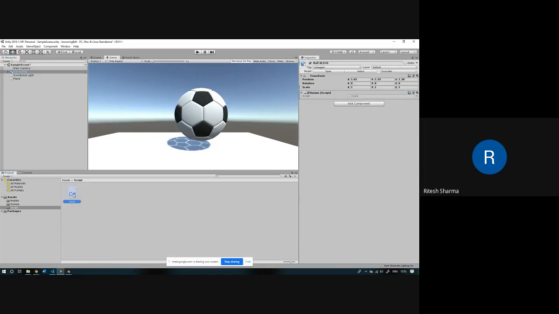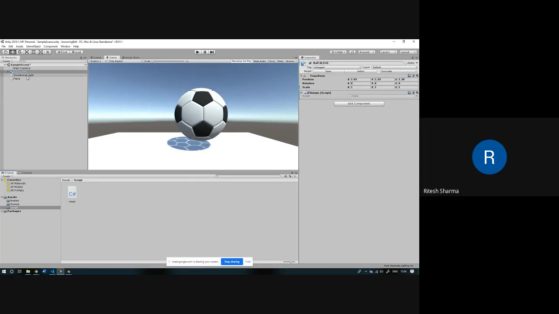So first I will click on the ball model, which is called ball blend here, and I'll click on the rotate script and drag and drop it here. I already have it, so I won't do that again. But this is very important.